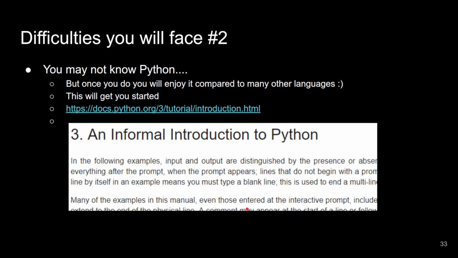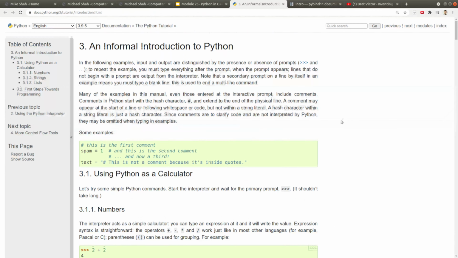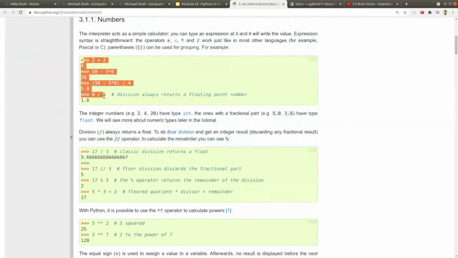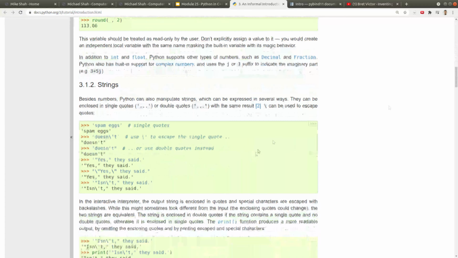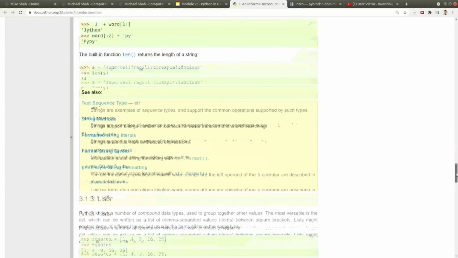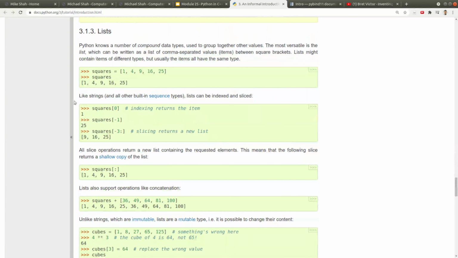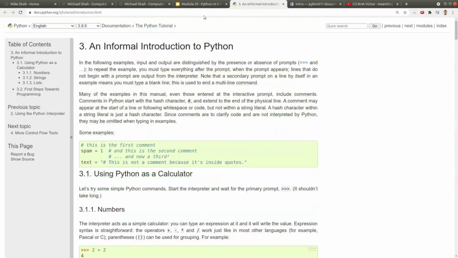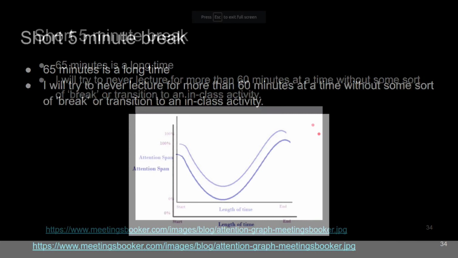And of course, the other difficulty you might be running into watching this lecture is just saying, I don't know Python. I haven't taken DS2000 or some other course where we use Python. Well, the good news is you can pretty quickly get started with Python. It's much simpler than C++. You just type in commands as you learn them into the interpreter, and it generates the result. Scripting languages are much easier to get started in.